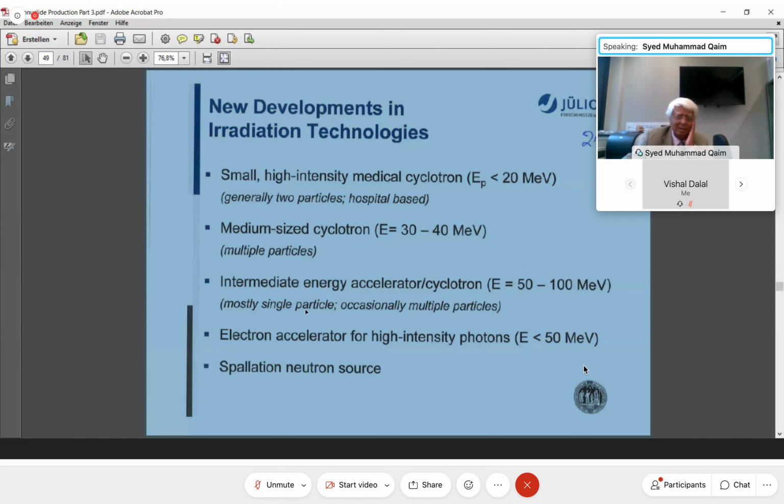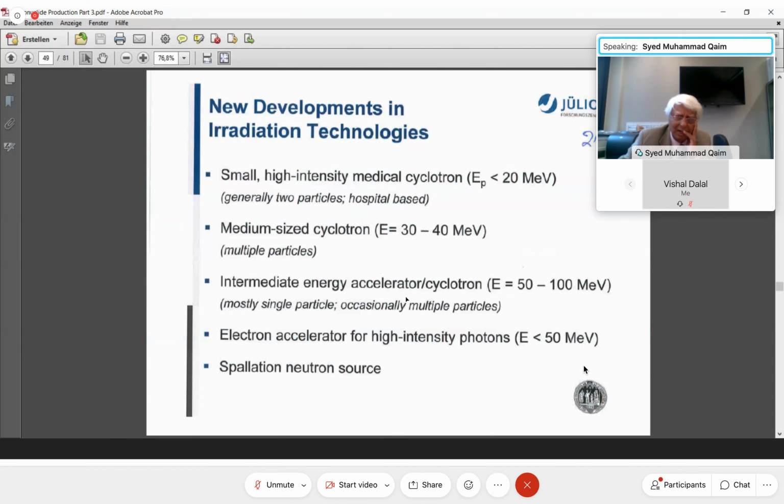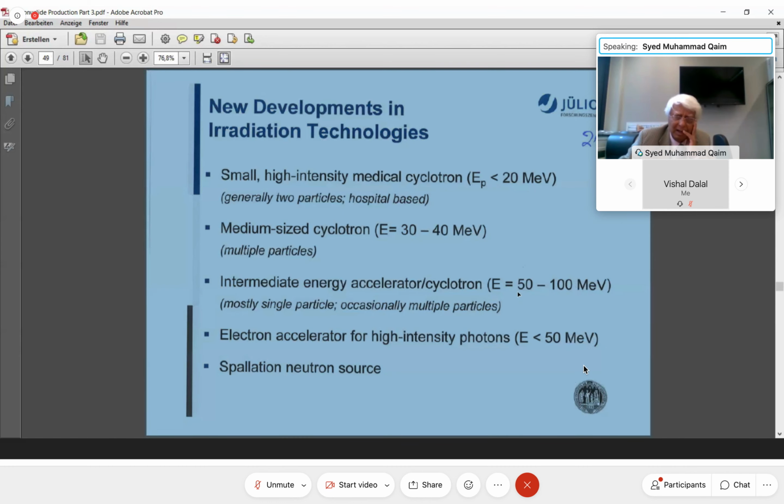Many of them are coming. Most of them have only protons, but some have other particles also. And to tell you, the machines, there are now several in Europe. There is Legnaro in Italy, Danz in France, in Moscow there is one, in iThemba Lab, South Africa there is one, Brookhaven National Lab, Los Alamos National Lab, in Japan there is one place, in Brazil they are going to have a 70 MeV machine. In Texas, they have.